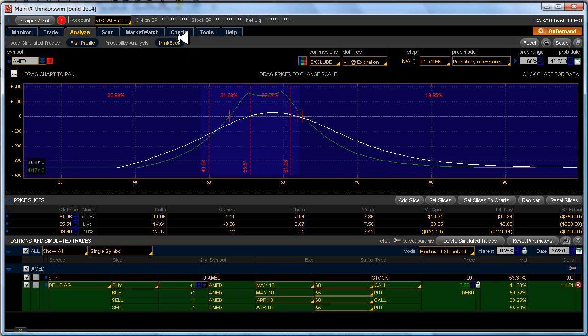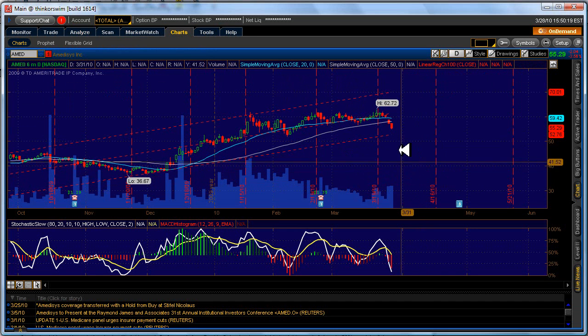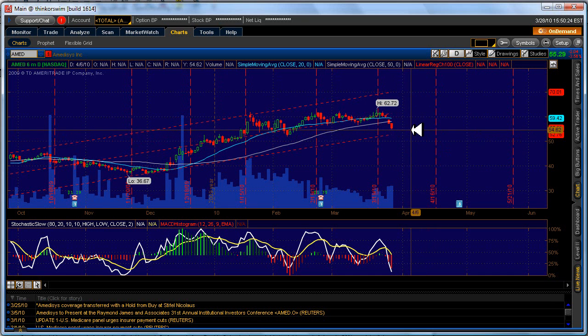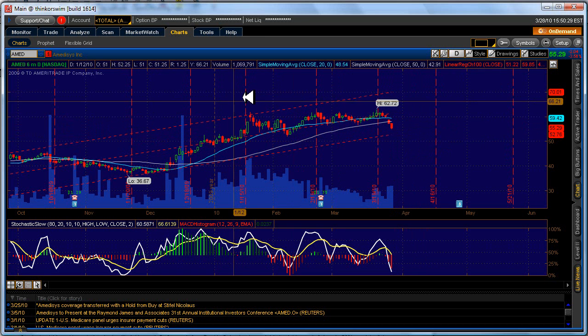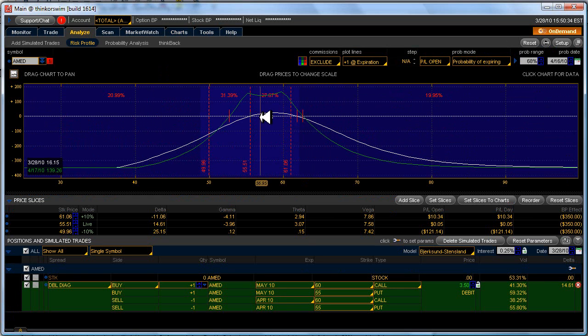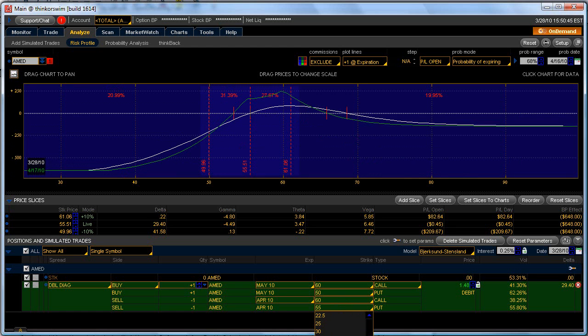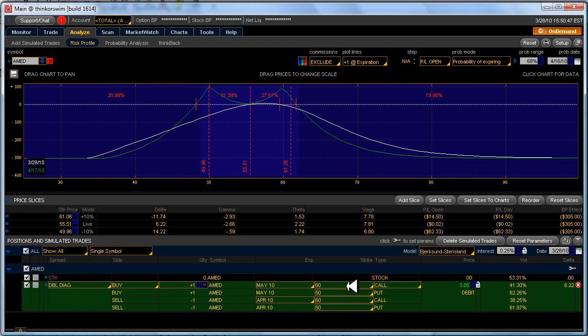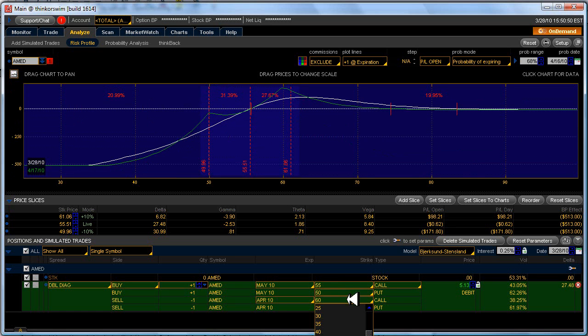We should probably go over and take a look at a chart of AMED, and we can see that it has recently, over the last 4 days, made a kind of bearish move here. So what we could do, if we think it's going to continue in that direction, is to go back to the Analyze tab, and we could tweak this so that we could get the current price in the middle of the tent, which means that we would have to change our put to 50. And if we change our call to 55,